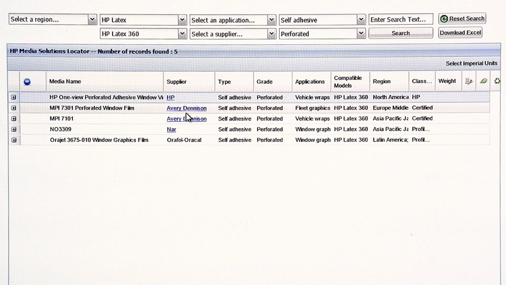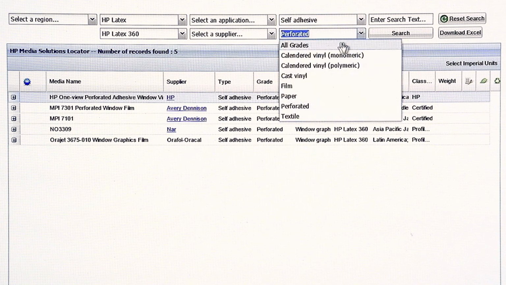I call it surrogate profiling. You're finding the closest, nearest relative to the thing that you have by using our very wide selection of material that's on the HP Media Locator. For a lot of instances, this is a much smarter approach than just using one generic vinyl or one generic banner for all unknown medias. Most medias have a category. They fit different types, and we have those types listed in our Media Locator.